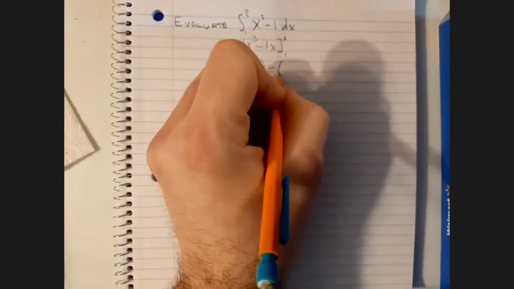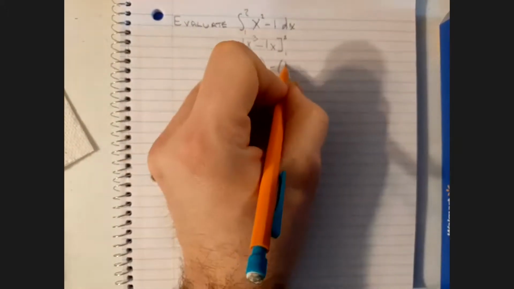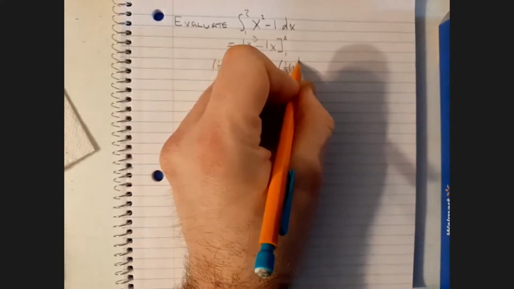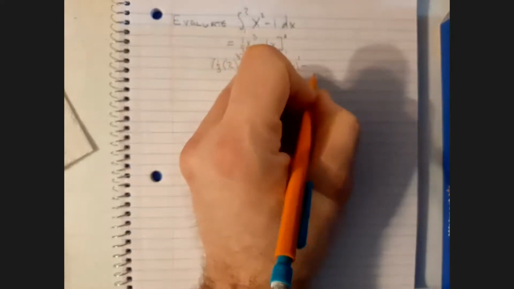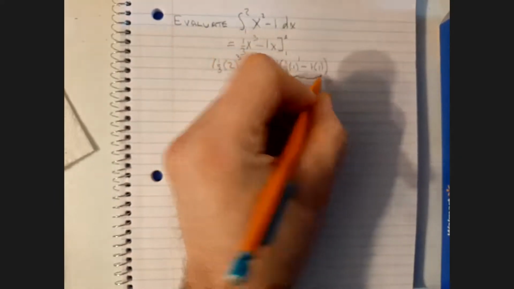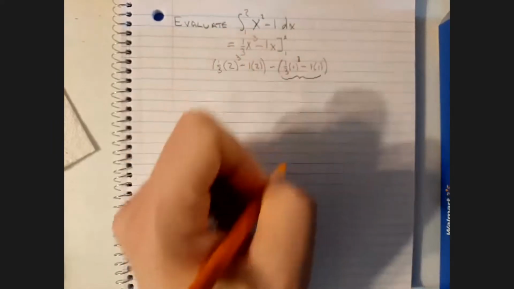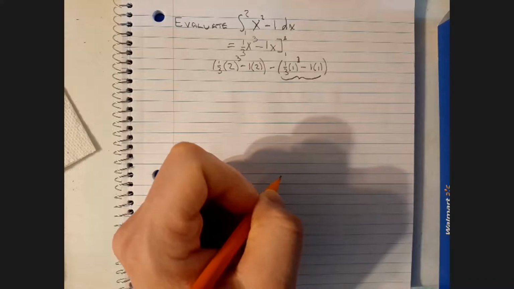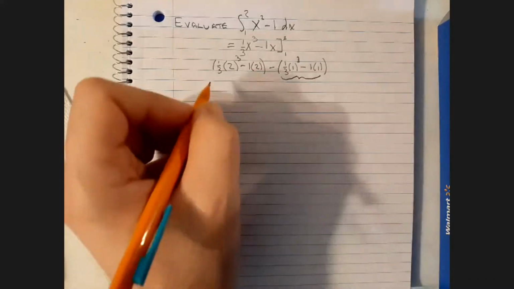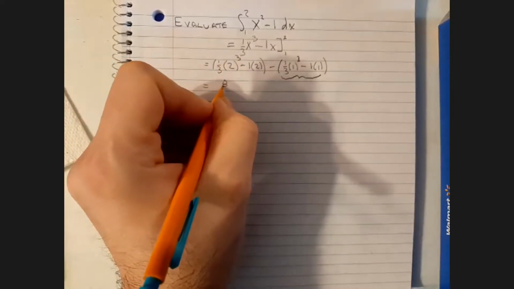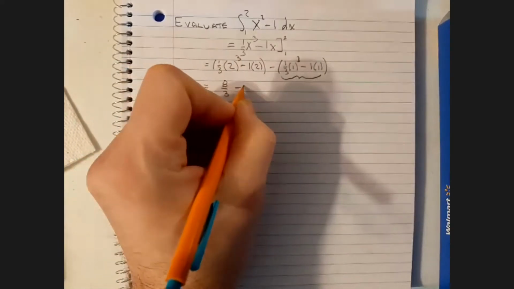And subtract that from the function evaluated at 1. Now, the use of parentheses here is very important because I'm subtracting a quantity right here. Oh, that should be an exponent of 3. I'm subtracting that whole quantity, so you'll want to put that whole quantity in parentheses. Okay. 2 cubed is 8, so that's 8/3 minus 2